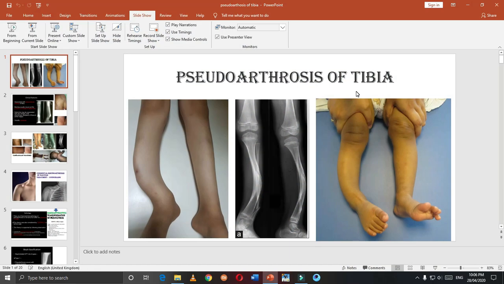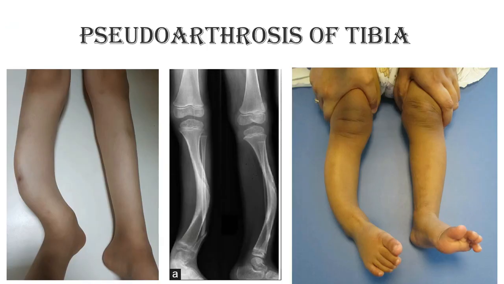Pseudoarthrosis of tibia is a threat to orthopedic surgeons. At the end of the discussion, you can understand why I used the word threat. Pseudoarthrosis of tibia actually presents as a bow leg. Bow leg means angular deformity in the leg, and most commonly it is caused by congenital pseudoarthrosis. But this congenital pseudoarthrosis is actually a misnomer, and